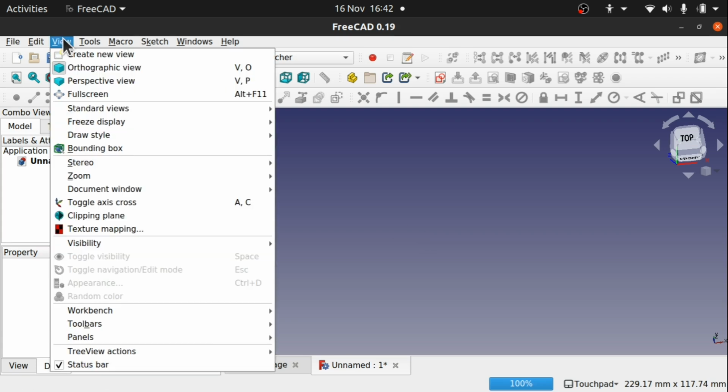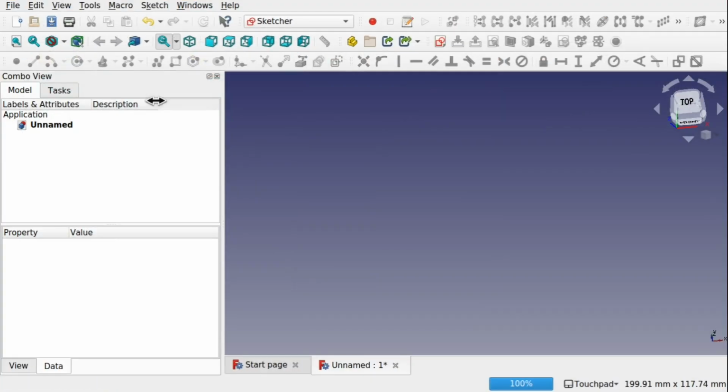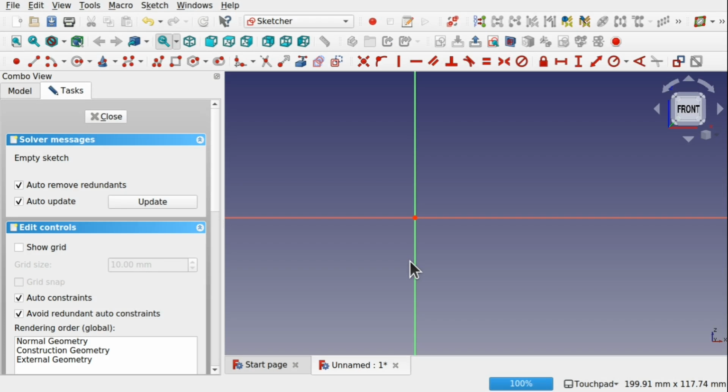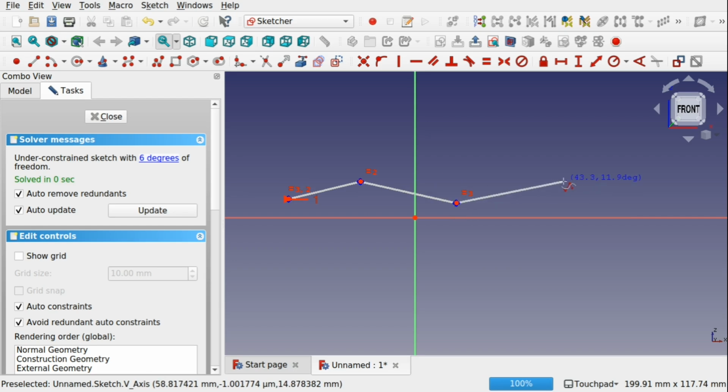I'm going to go full screen on this so we can see what we're doing. And I'm going to create a new sketch in the sketcher. And I'm going to sketch this along the ZX plane or the XZ plane. What I'm looking to do is create a number of B-splines in here, which will be the